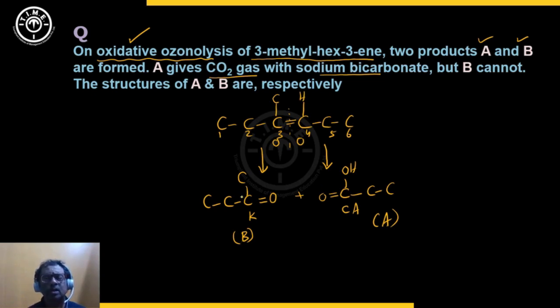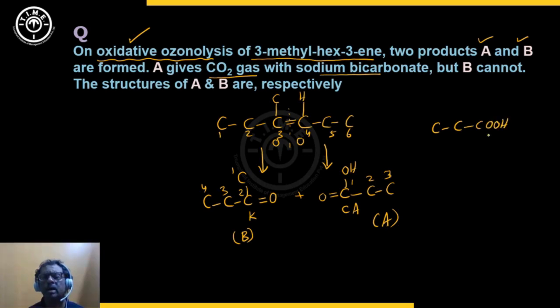So this is what? Butanone, isn't it? If you number this, butan-2-one is butanone. And this one is what? This is 1, 2 and 3. So this is propanoic acid. That propanoic acid will give carbon dioxide with sodium bicarbonate. You know that propanoic acid,